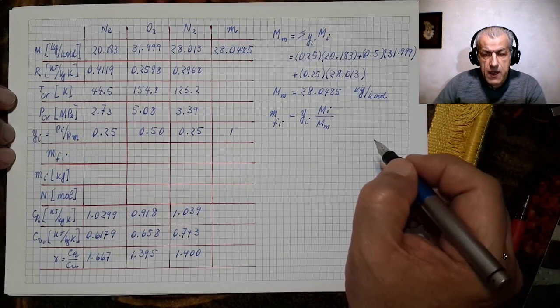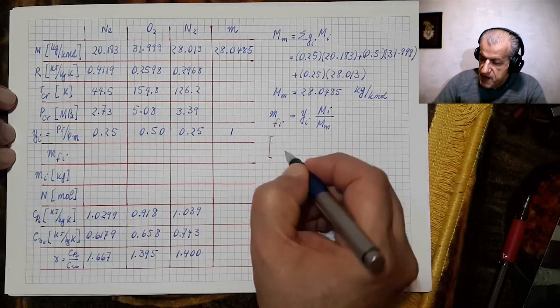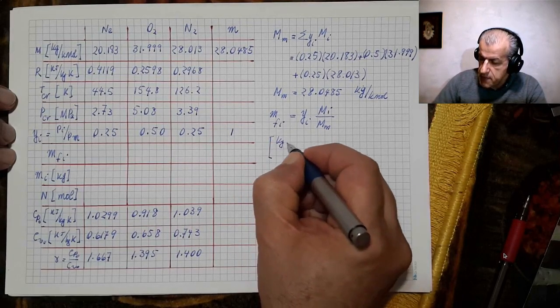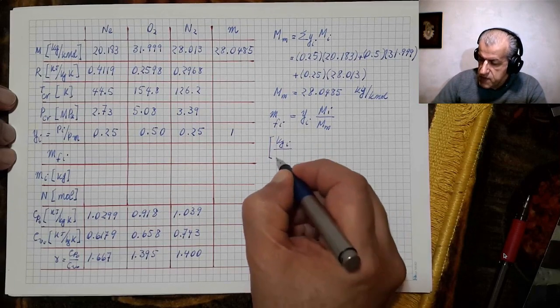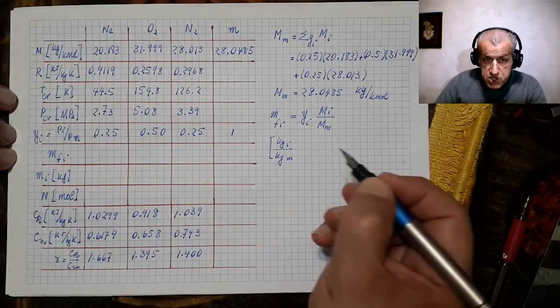I think if we write it on a dimensional basis, it would be very useful. Mass fraction is kilogram of i divided by kilogram of mixture